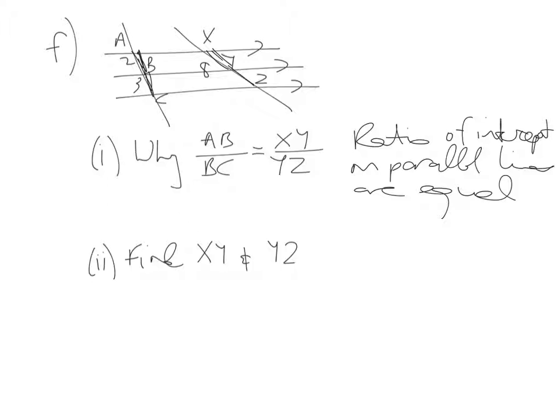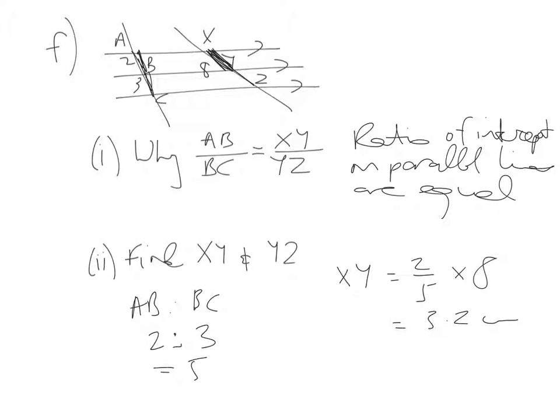Okay, so therefore our ratio from AB to BC is 2 to 3, which actually equals 5 parts. So XZ, which is the 2 parts out of the 5, times by 8 being the total, gets us 3.2 centimetres. The YZ, which is the 3 out of the 5, times by 8, gets us